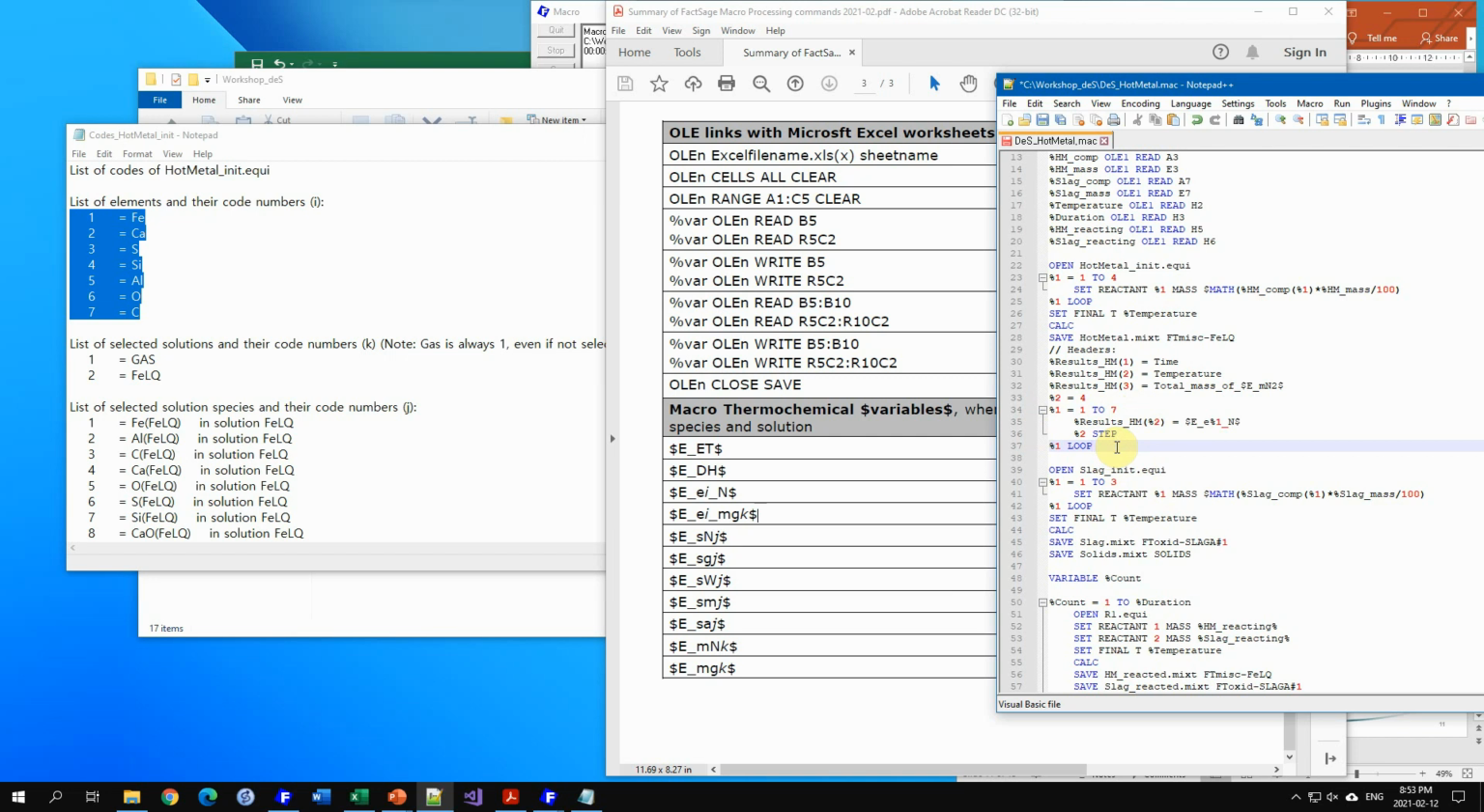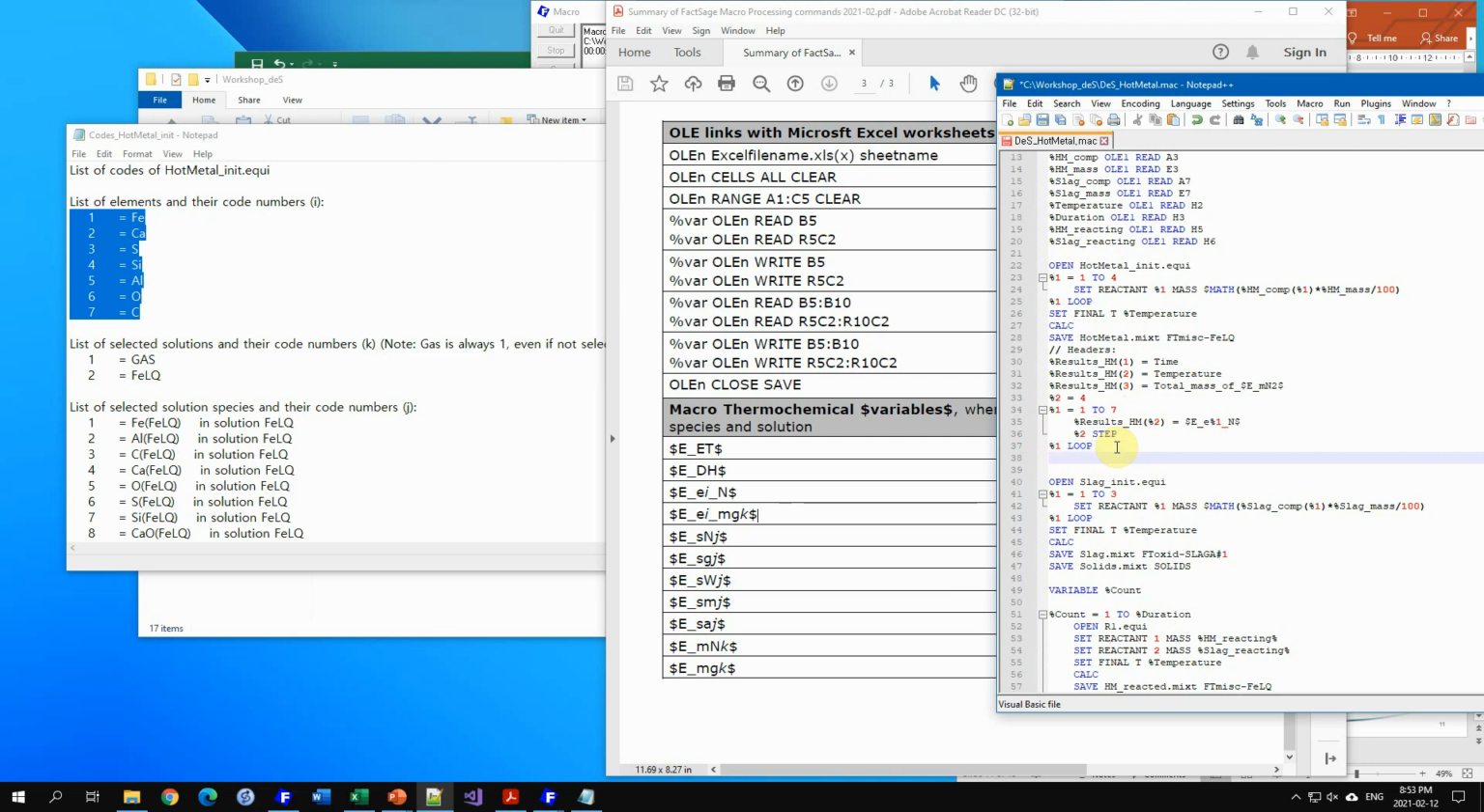So this is basically the name of the elements. So I have the time, the temperature, the mass of FLQ, and their composition, elemental composition. Here's going to be the names. So now I have everything ready for the hot metal. I can basically print this